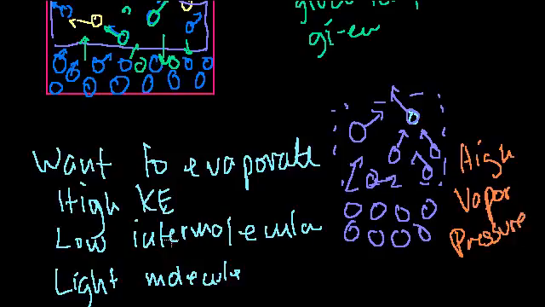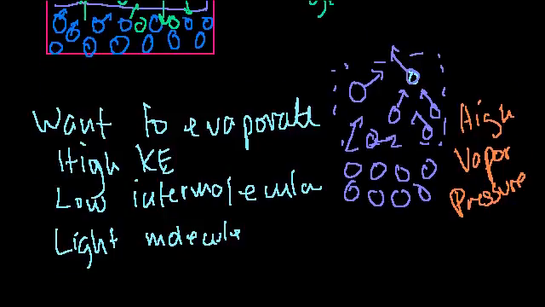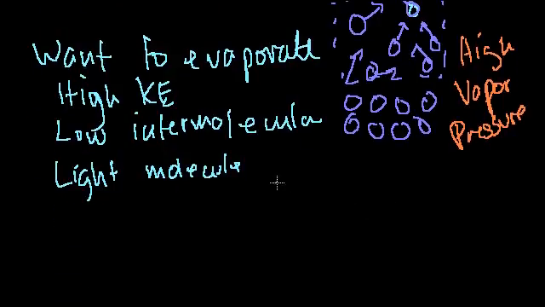And on the other side, if you're at a low temperature, or you have strong intermolecular forces, or you have a heavy molecule, then you're going to have a low vapor pressure. For example, iron has a very low vapor pressure because it's not vaporizing. Carbon dioxide has a relatively much higher vapor pressure. Much more of carbon dioxide is going to evaporate. Well, I really shouldn't use that because you're going straight from the liquid to the solid state. But I think you get the idea.